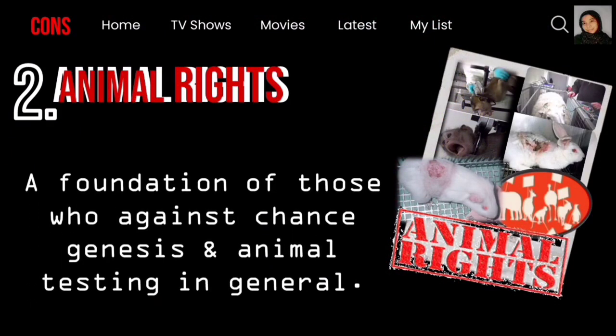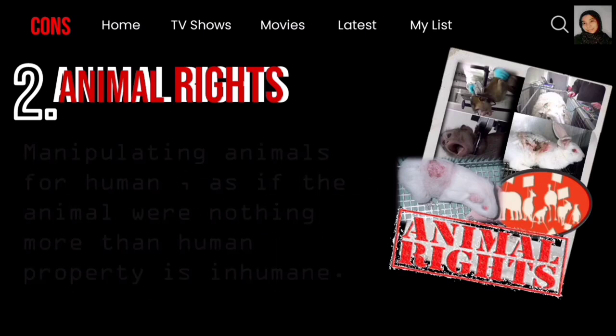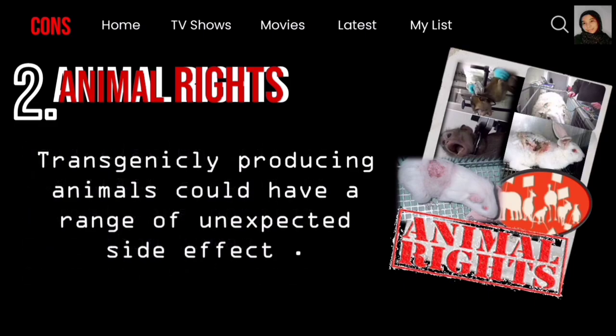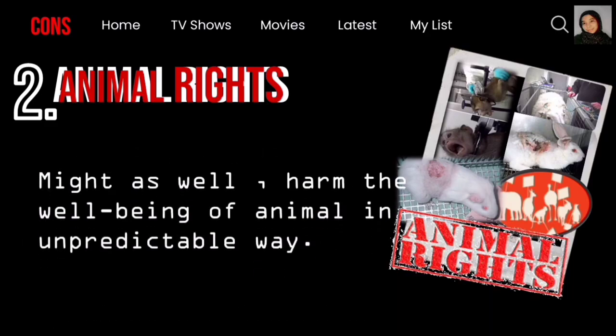Animals' rights is a foundation of those who are against transgenesis and animal testing in general. Manipulating animals for humans as if the animal were nothing more than human property is inhuman. Transgenically producing animals could have a range of unexpected side effects and might harm the well-being of animals